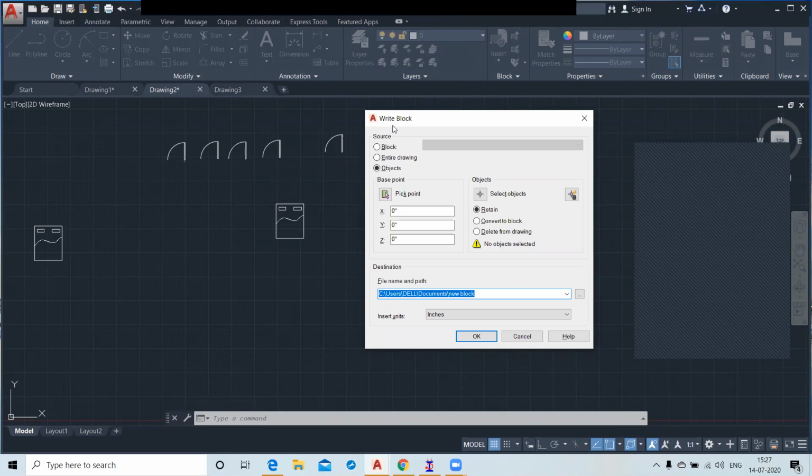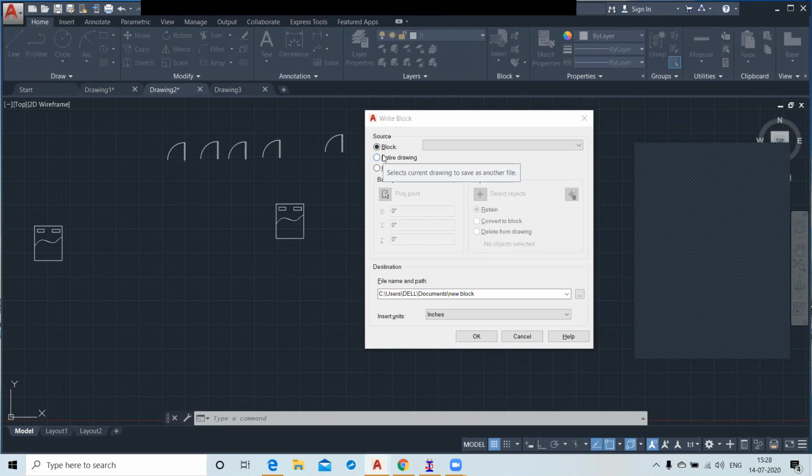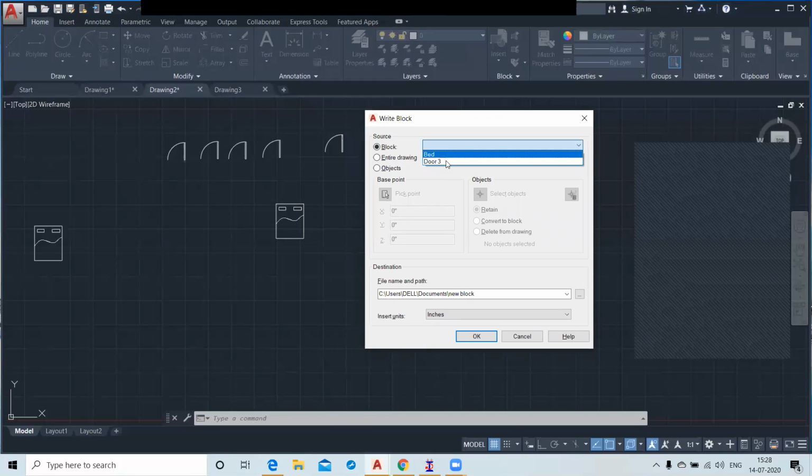If you want to make these blocks permanent, in the source you have to choose the blocks which are already created. So we have the options bed or door. Which block do you want to create as a permanent block, bed or door? You choose any one.